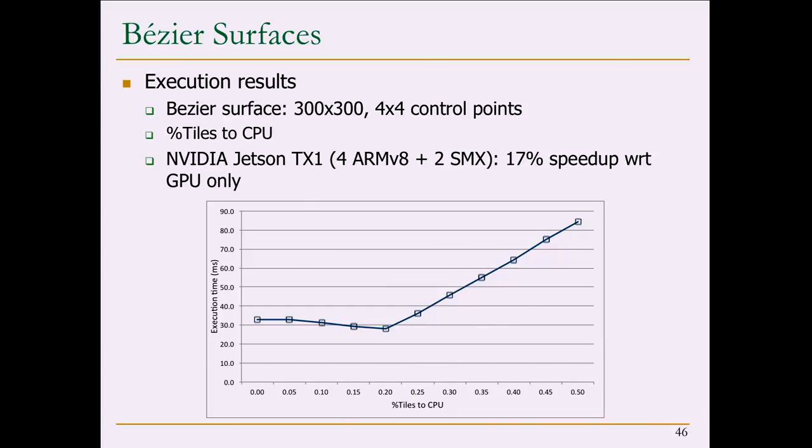As I said, this Bezier surface computation is very regular. So even though we might need to generate many more Bezier surfaces on this system, we might not need to profile this again and again, because the computation is very regular, and afterwards we need to compute a new surface. So probably the 20% distribution is going to be still the sweet spot, no matter what